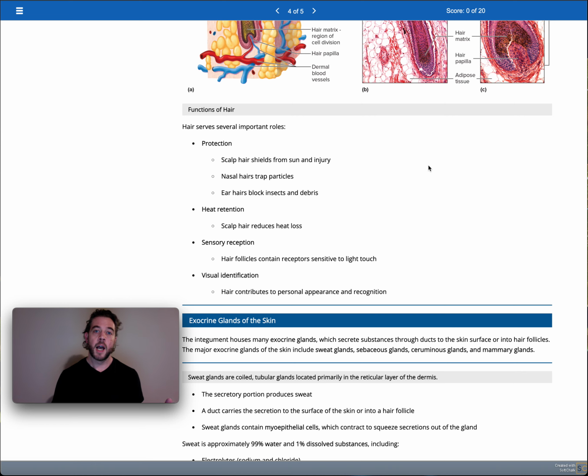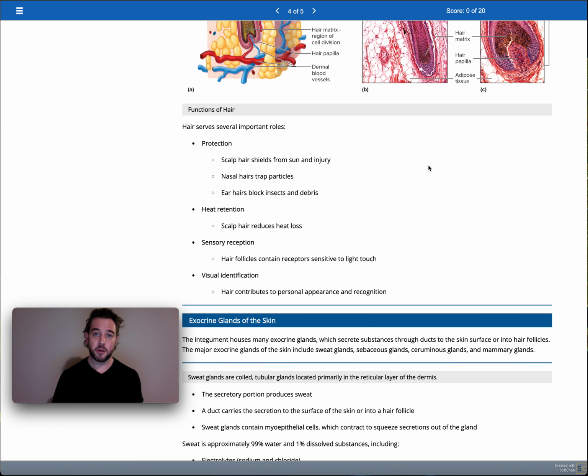Sensory reception, so really light touch. Sometimes you might be laying in bed and you just feel something disturb your hair. It doesn't take a lot of movement to disrupt that. I had friends that were beekeepers, and I was helping them with the harvest one time, and they gave us some protection, but we weren't in sealed suits or anything. And they said, okay, the way you know if it's a bee crawling up your leg, because you had pants on, but things can still get up there, because we weren't tying our pant legs in or whatever. And he said, okay, the best advice I have is that